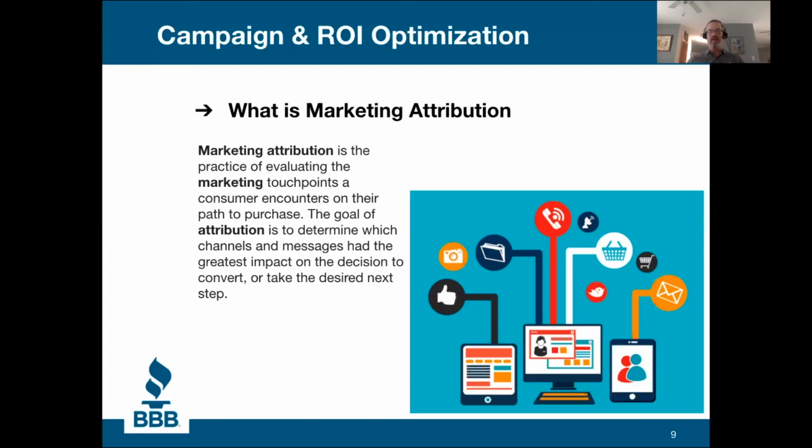And the idea being here that, let's say there's 5 touch points that we have to get in front of someone before they actually convert. So we have a YouTube video, we have a Facebook ad, we've got a direct email that we send out. Okay, we want to know how each one of these elements impacted the end goal. And so the attribution is just making sure that we know where our traffic's coming from, we know what campaigns are driving it, and we're able to attribute where did this lead or where did this sale come from.